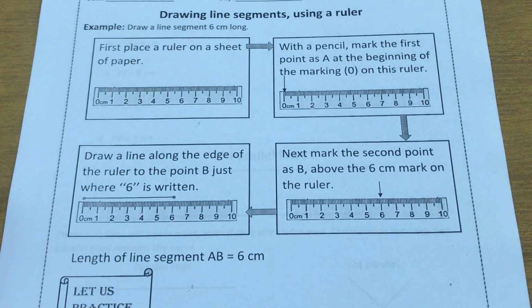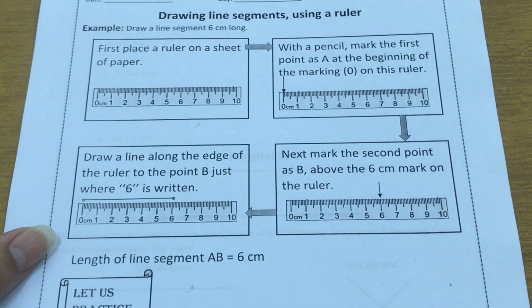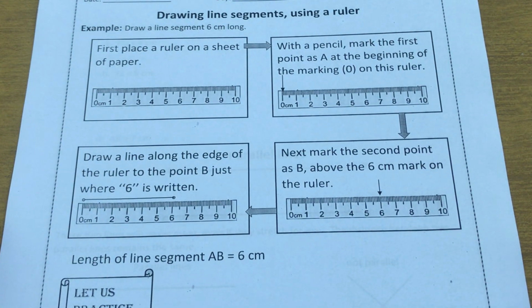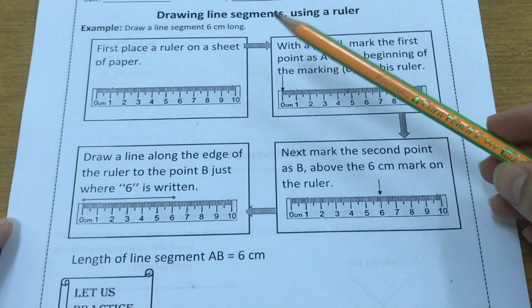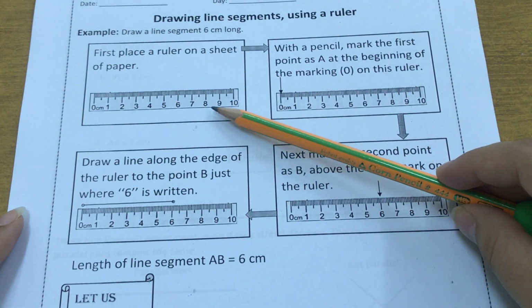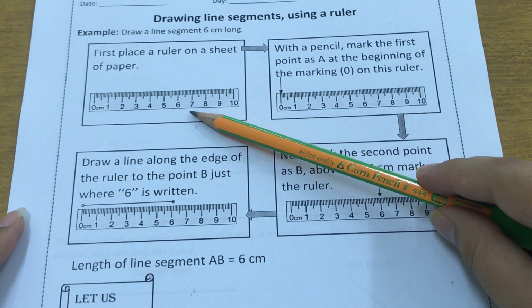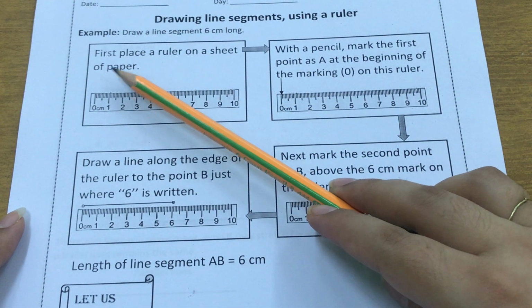Students, in the previous lesson we have learned about a point, line, a line segment and a ray. In today's lesson we will learn how we can measure and how we can draw a line segment, right? For drawing a line segment we have 4 steps. Open your booklets at page number 71 so you can easily understand the topic.